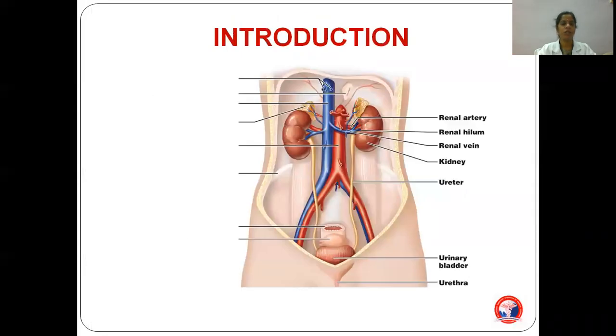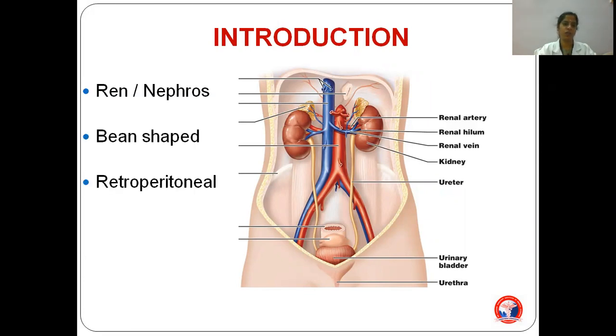So you know, kidney, it is the major excretory organ in our body. It lies in the posterior abdominal wall. What you are seeing here is the anterior abdominal wall is removed. You are seeing the posterior abdominal wall. Over that you can see the kidney. Kidney is also called as ren or nephros. You can see this is bean shaped. So it's a bean shaped structure seen on either side of the vertebra in the posterior abdominal wall.